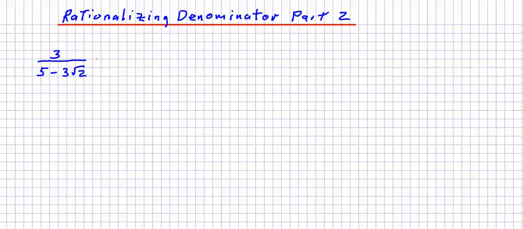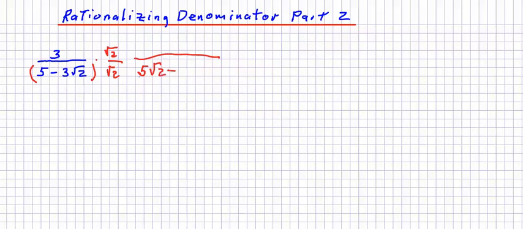I'm going to write something down. Don't write this down, but this is what we did in the past, and it's not going to work this time, but we'll look at why it won't. If I multiply by the square root of 2 over the square root of 2, in the denominator, as I distribute, I get square root of 2 times 5,